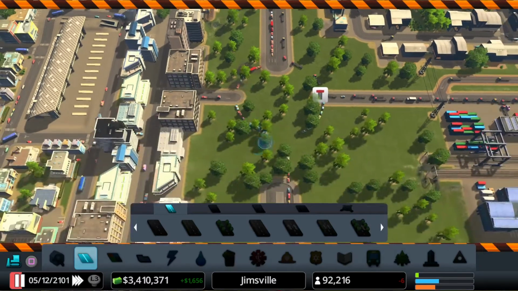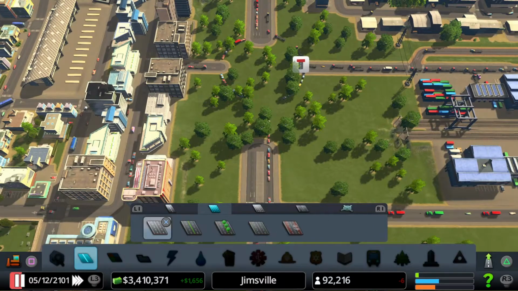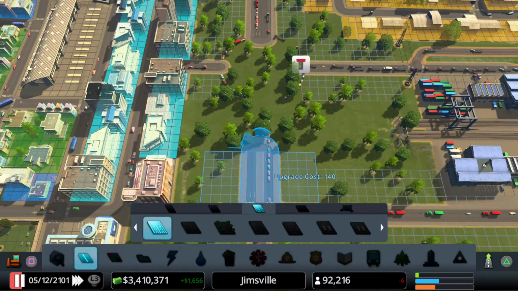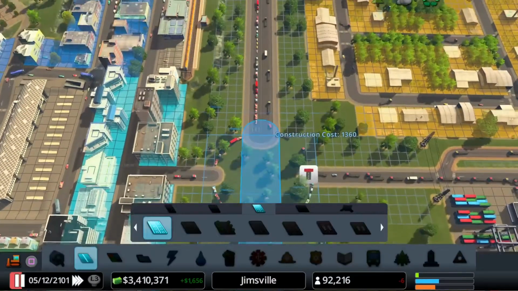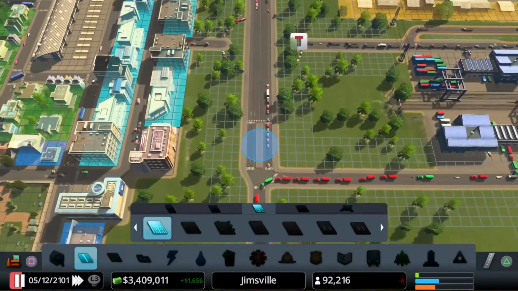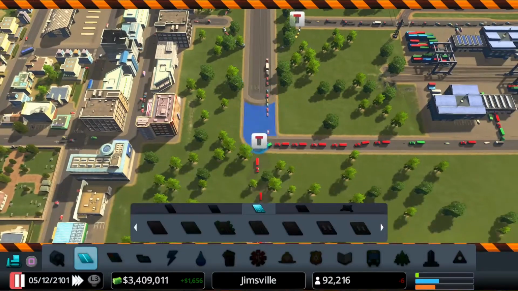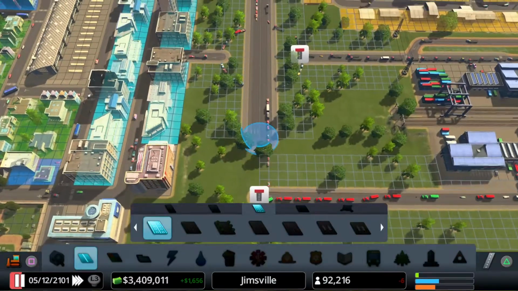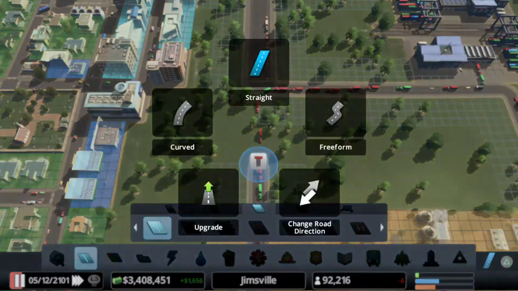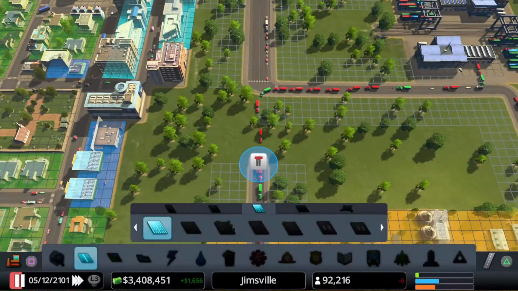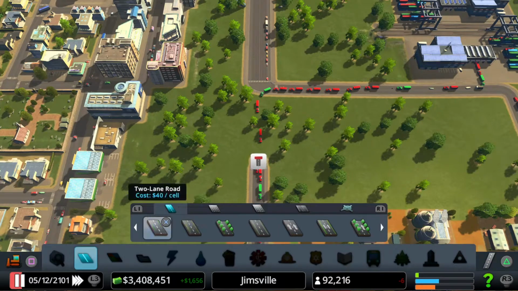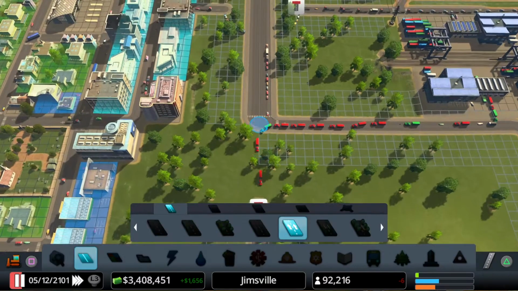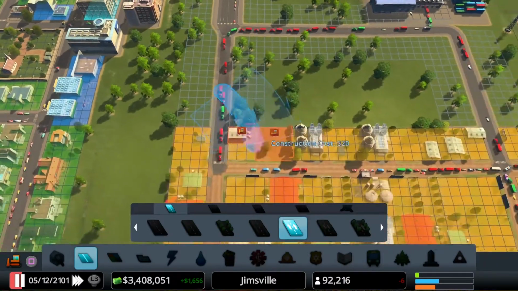And what I can have is a straight 6-lane connection like that. Bring that down. I need to reconnect that road. And that needs to be two-lane one-way traffic coming down like that.